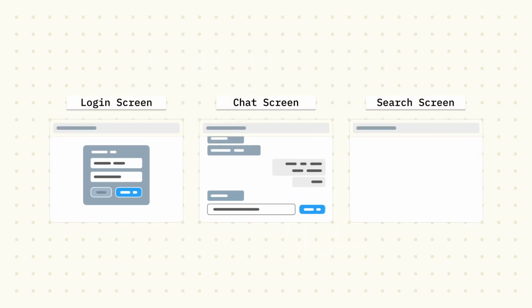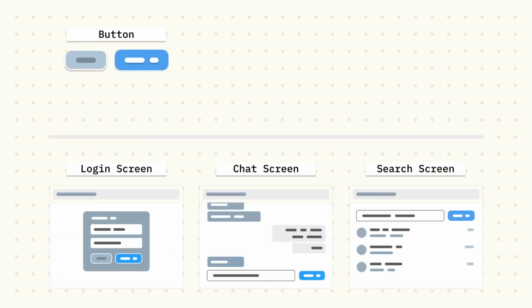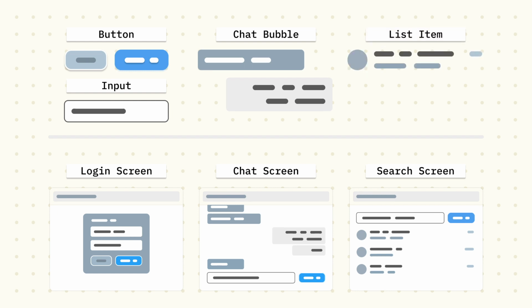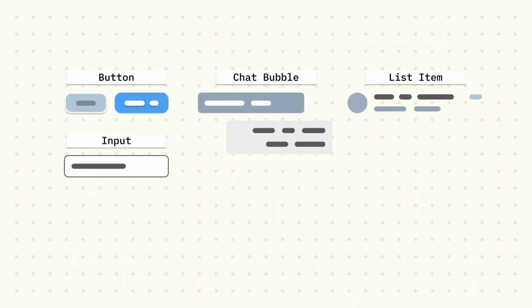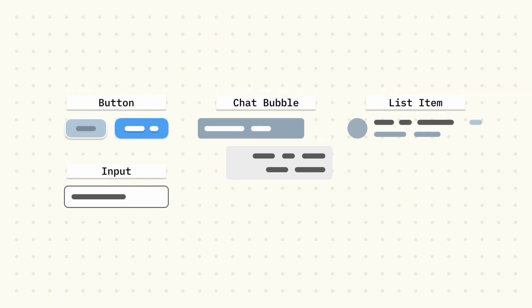Imagine that you are a designer and that you got tasked with designing a new web application. You create a couple of screens and you soon discover that you're reusing certain elements over and over again. You then isolate those elements to be able to copy-paste them more easily. Watching some video tutorials, you found out that these are called user interface components and that you're in the process of creating a design system for your application.